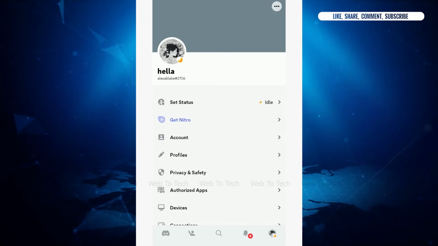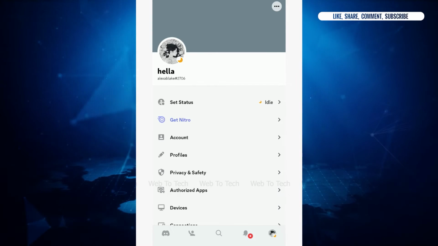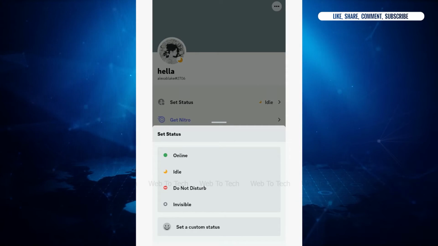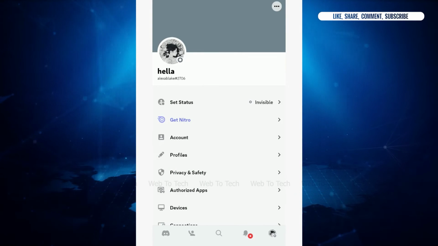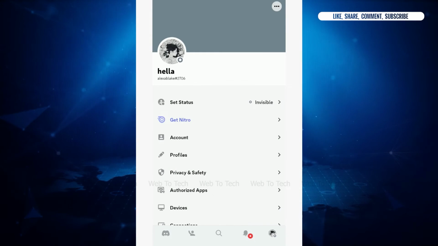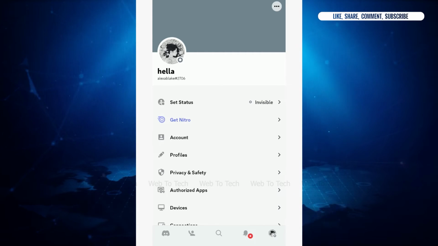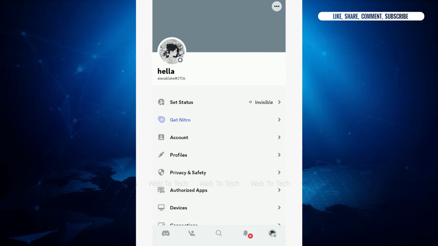Now you need to enable invisible mode for a day. There you need to choose the option invisible. Tap on it. This will change your status to invisible. Now once all the changes have been made, that is changing your username, your profile picture, and setting your status to invisible for a day,